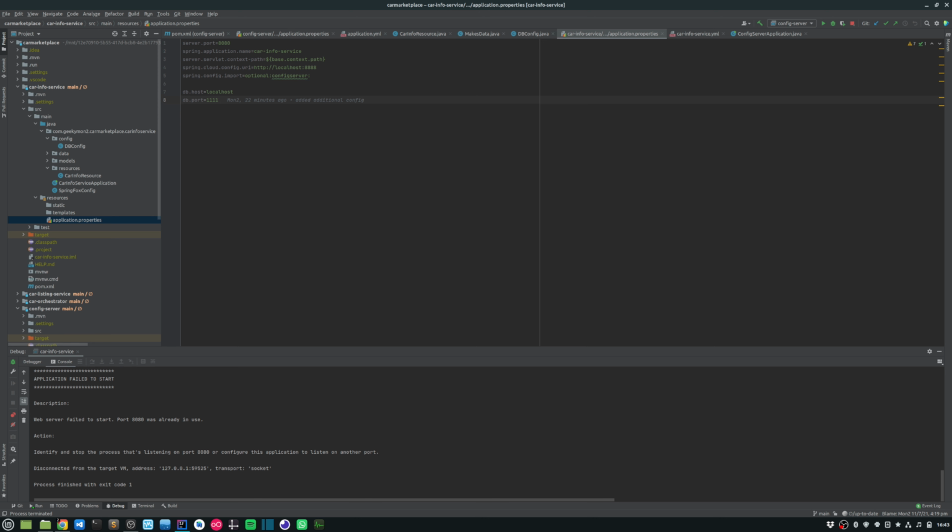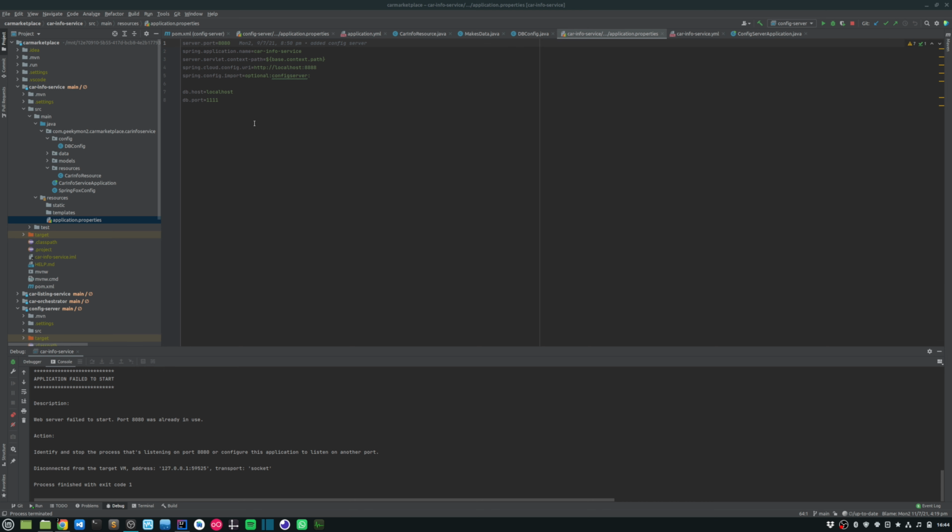Oh, so now I can't even run my car info service. The reason for that is that it can't actually fetch the port. It can't actually fetch a different port. And it continues using the locally configured port, which is port 8080. And that's why it can't start, because port 8080 is already being used.